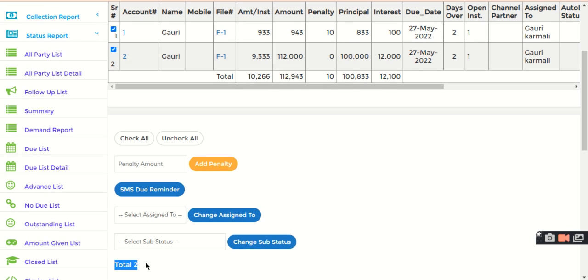See, it will show you a total of how many people it's sent to. So if you click on SMS due reminder, it will send SMS. Say email is configured, then email will be sent basically to your customers. So this is how SMS due reminder is added, or you can say a due reminder for customers is